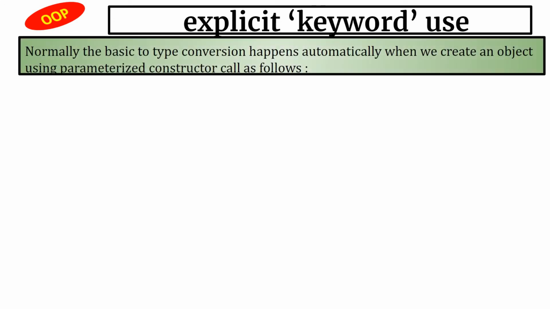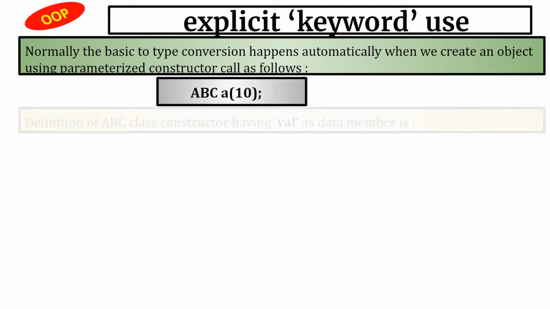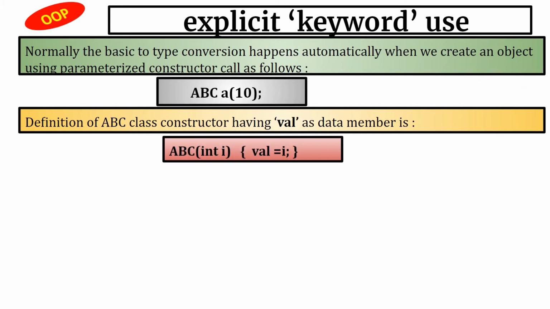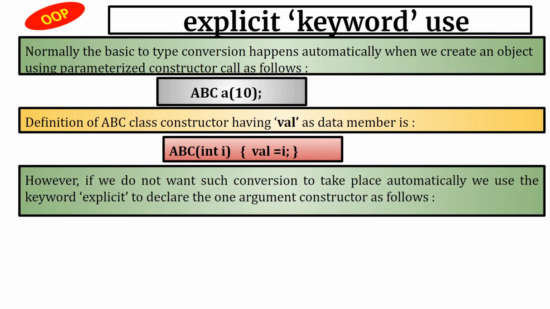Now normally the basic to type conversion happens automatically when we create an object using a parameterized constructor. So suppose ABC A of 10 is there, and ABC has a data member val, so 10 will be passed to the object A through the ABC function. Now if we do not want such conversion to take place, that we do not want 10, a value which is of type float,